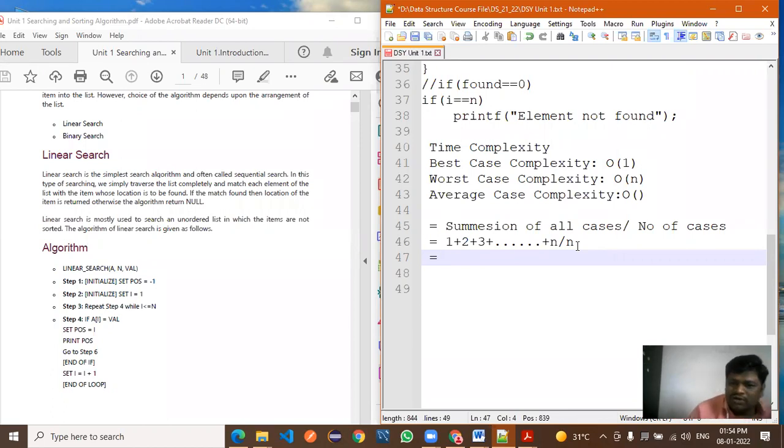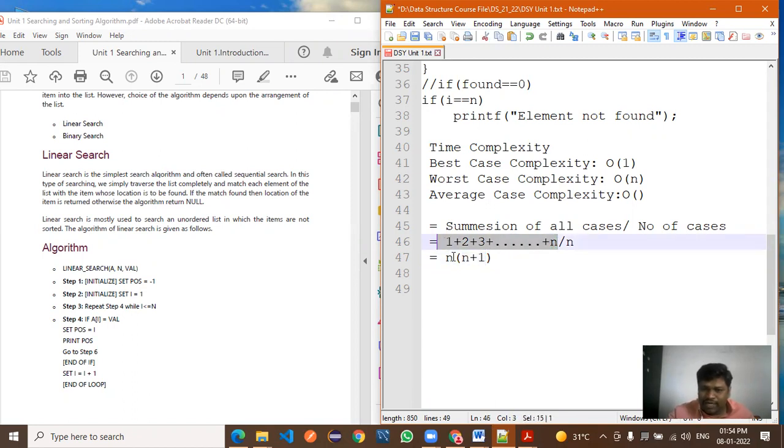Now, this 1 plus 2 plus 3 plus, can I write a summation like this? N multiplied by n plus 1, right? So this is the summation of all the cases. We are writing like this, divided by,